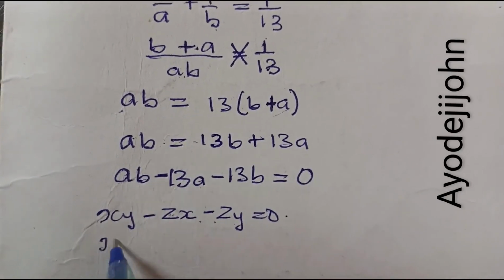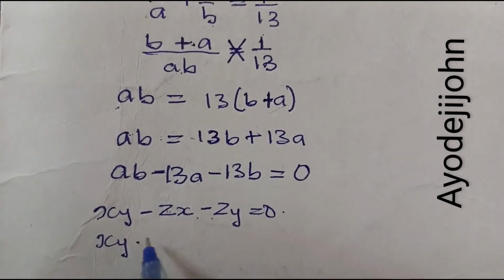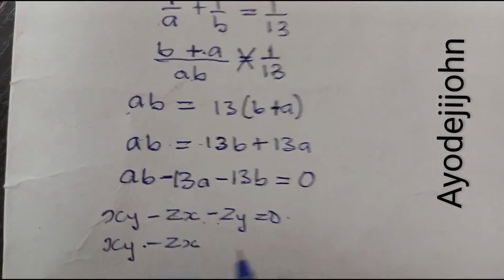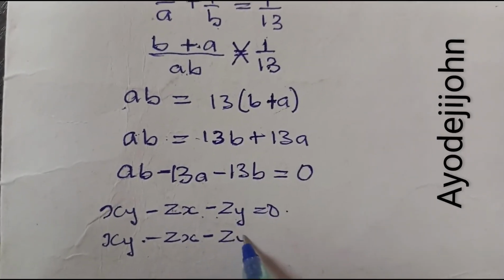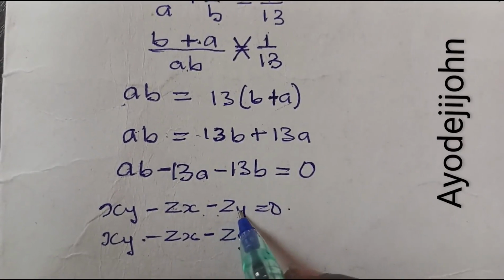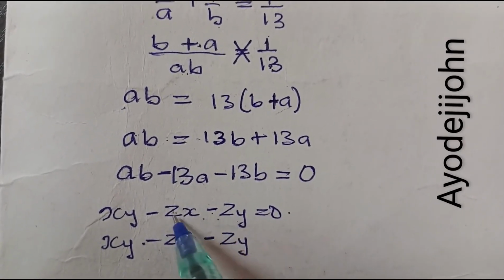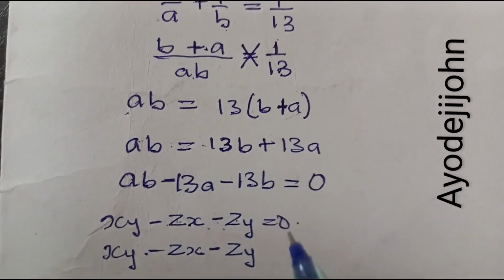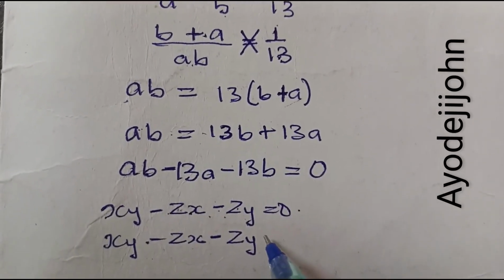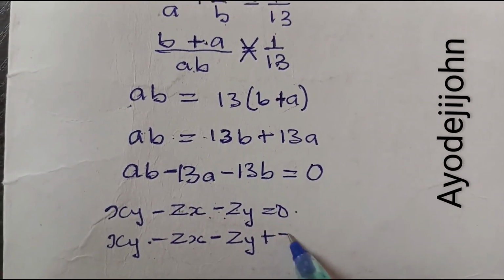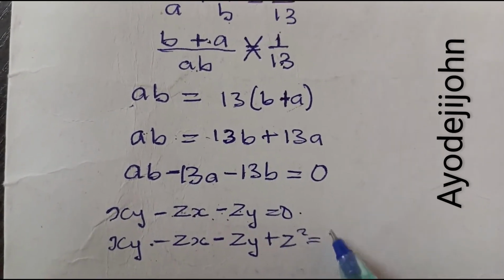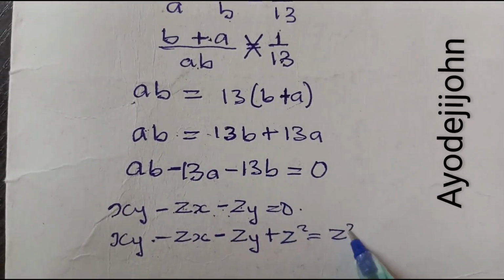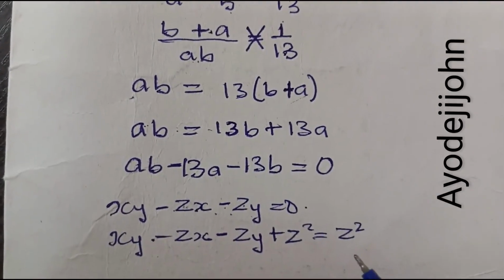So it becomes xy minus zx minus zy. The coefficient of y here is minus z, the coefficient of x here is minus z. So minus z times minus z gives us plus z square. So we add it to both sides. Plus z square equals 0 plus z square, that gives us z square. So we apply the same